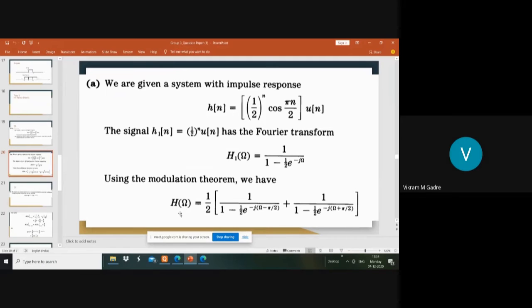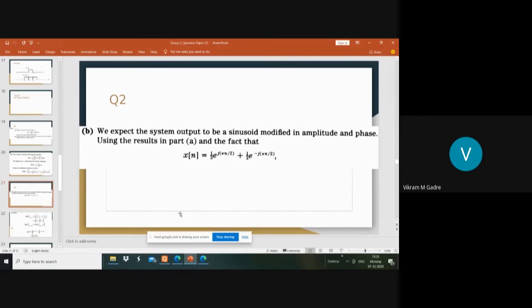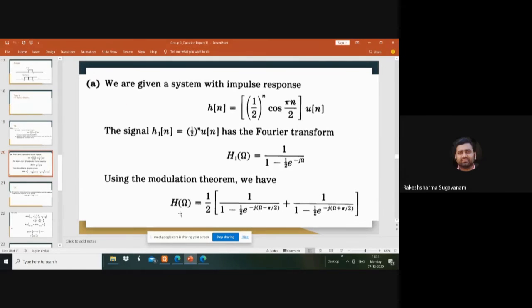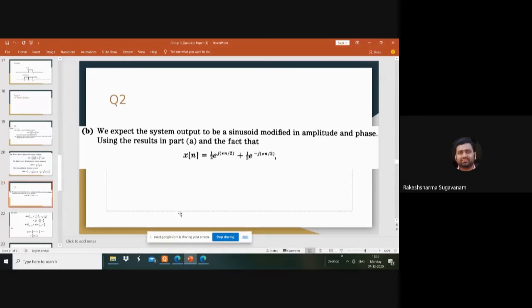Next. So now one can solve it by the properties of the Laplace transform or Fourier transform. Yeah, very good. So very well framed question. Yeah, very nice. Only correction is you should say frequency response, not transfer function. Yes, sir. So next slide, please.